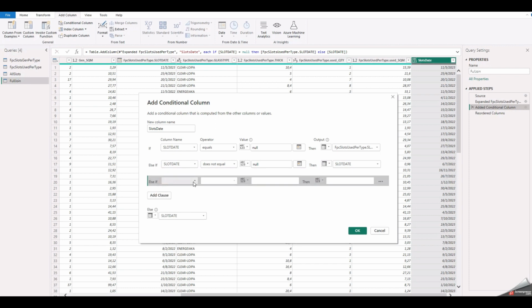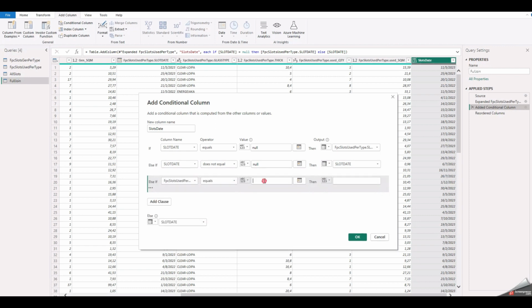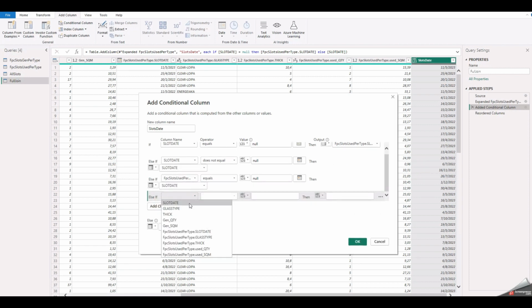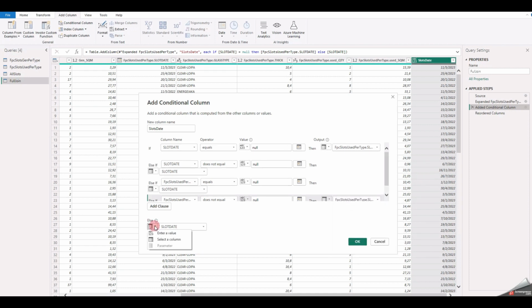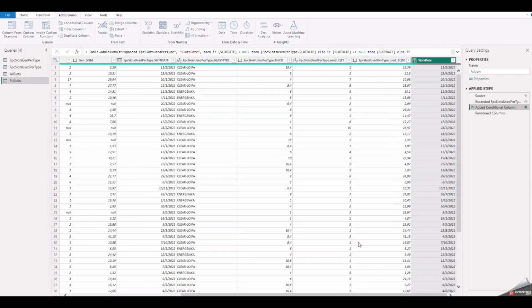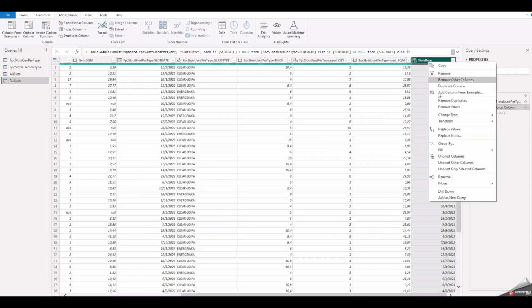We will do the same for the date of the second table. We move the new column to the beginning of our table,